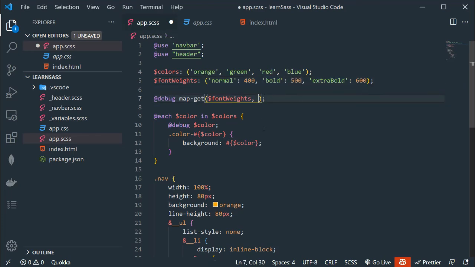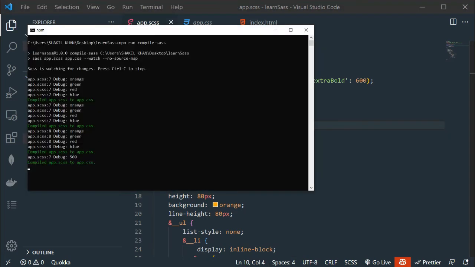So right here we have to add single quotes or double quotes. Inside the quotes we have to add bold key. Let me copy, paste that. Now I am going to delete this line. Now simply save the file, go to command prompt, and we have 500.